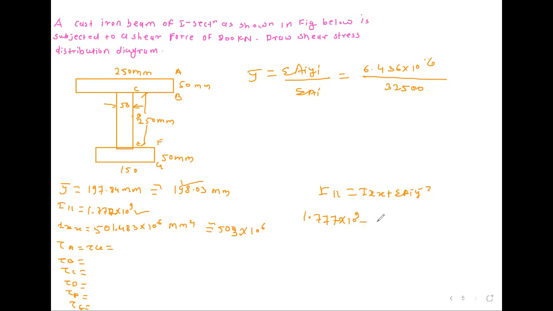minus summation A i y i, summation A i y i is 3250, summation of area, into y bar 198.03 square. So Ixx, which is equal to